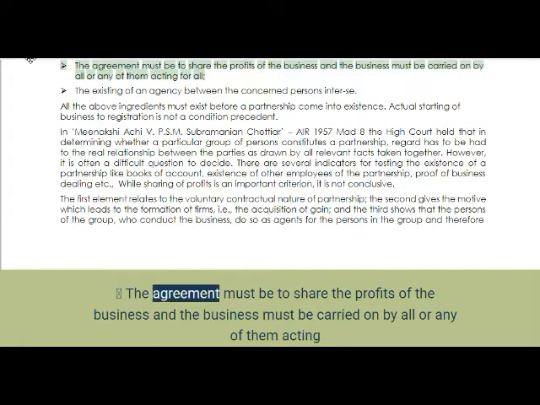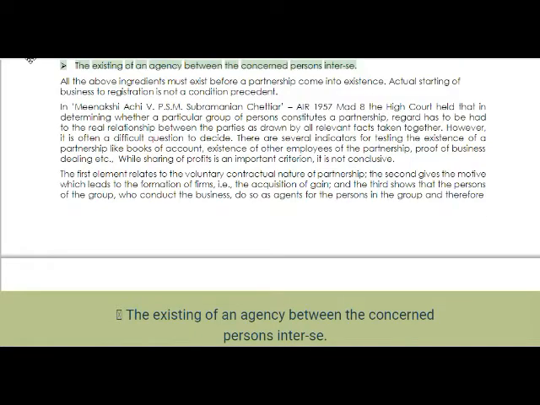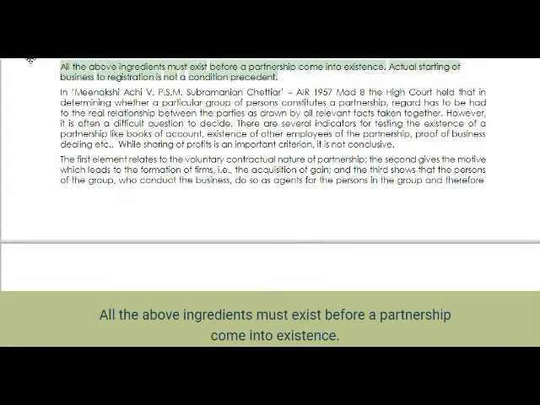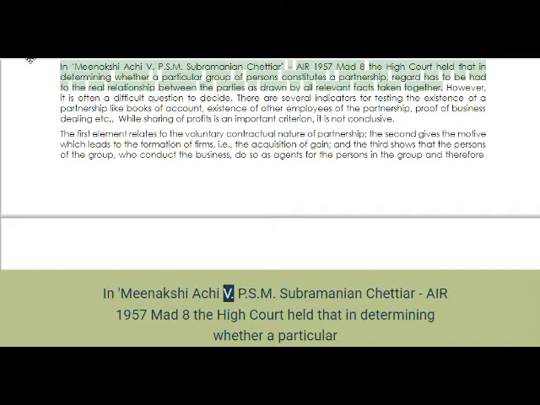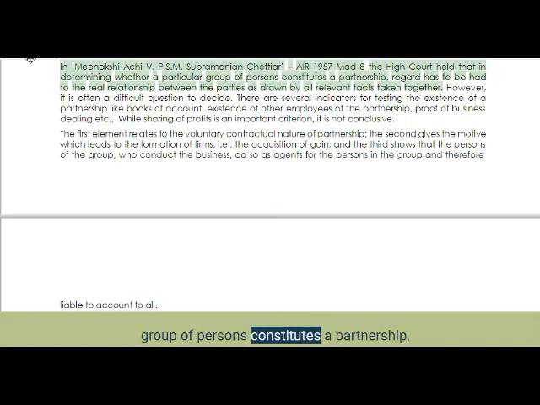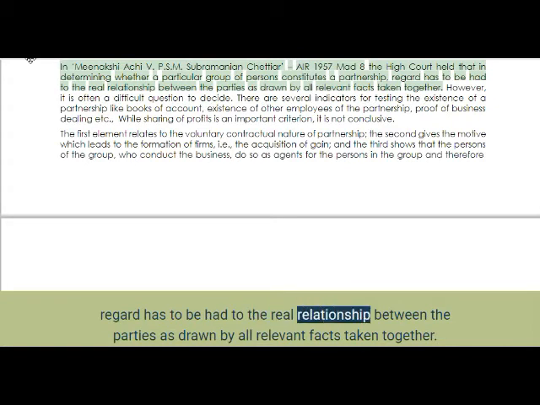Rights and liability of minor. A minor in a partnership has a right to such share of the property and of the profits of the firm as may be agreed upon. He has power to have access to and inspect, and to get copies of any of the accounts of the firm. The share of a minor in a partnership firm is liable for the acts of the firm, but he is not personally liable